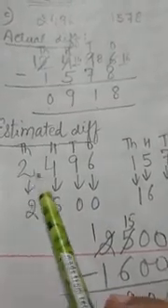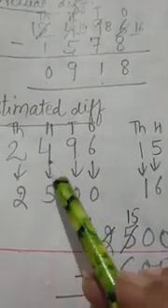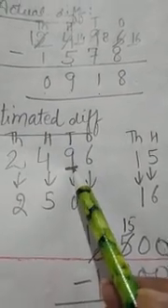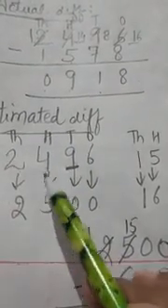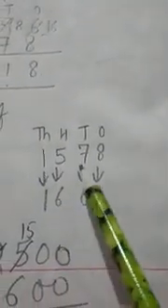The number is 2496 and we have to estimate it to the nearest hundreds. Ones place digit will become 0, tens place digit will become 0, hundreds place digit will be written according to tens place, and tens place digit is more than 5, so hundreds place digit will become 5. And 2 will be written as it is. Now what is the next number?